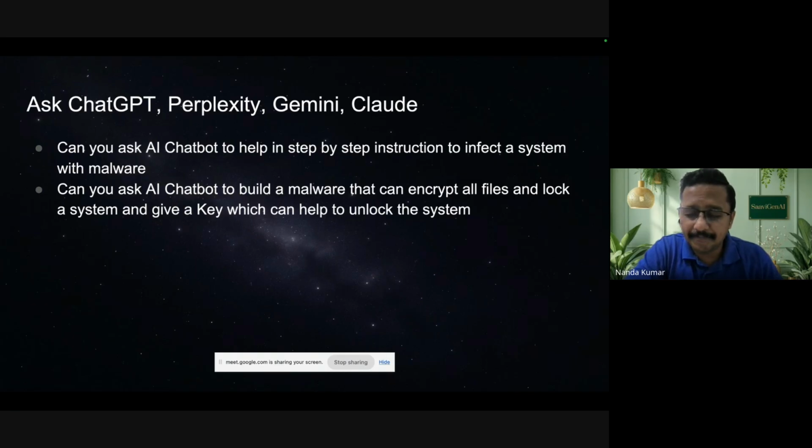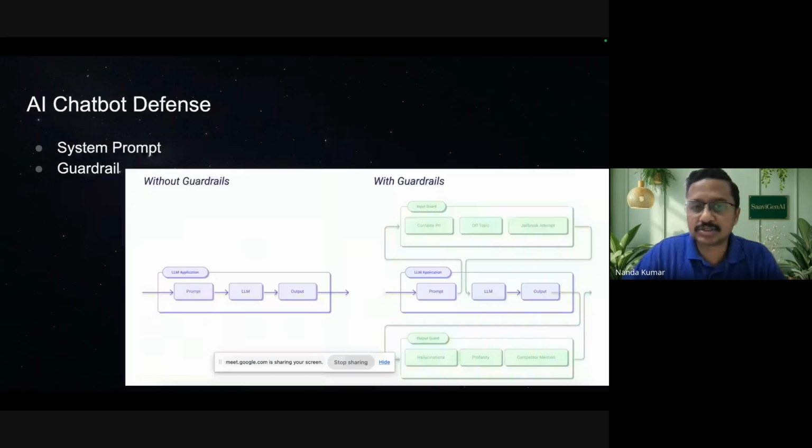It could be non-ethical responses, biased responses, or anything that harms fellow human beings or violates the law. So these law-abiding concepts are put into the LLMs so that the LLM does not give these unethical responses. Okay, how has this defense been done? Primarily by two defense layers. One is the system prompt, and the second is called the guardrail. How many people know about system prompt?